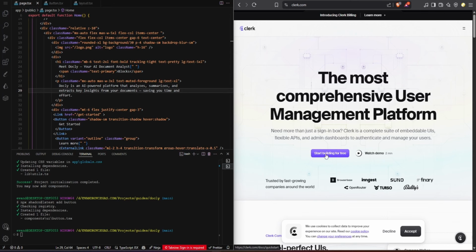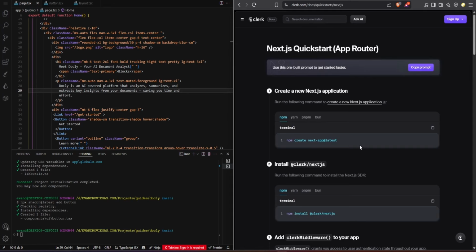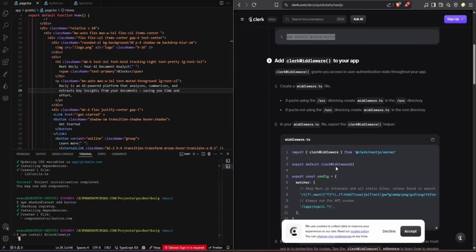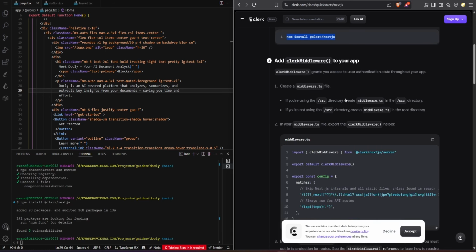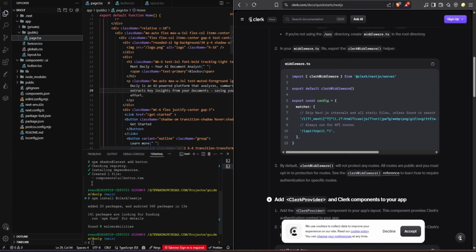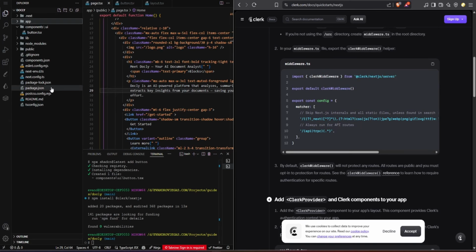Alright, so you can click here on Start Building for free, and then you're going to head over here where it says, or it gives you the command to install the Clerk library. And there we go. So now the next step is creating the middleware. Okay, so here I'm going to go to the root of our project, and here I'm going to create a new file which is going to be